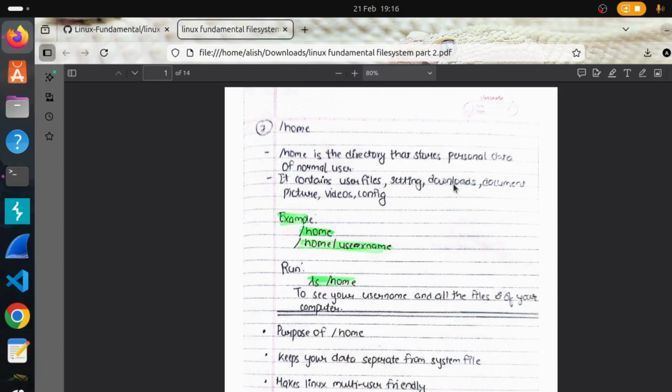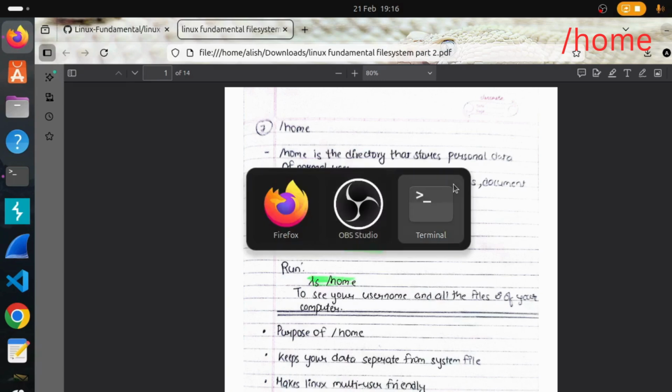Let's start with our /home directory. So /home is a directory that stores personal data of a normal user. It contains pictures, videos, files, everything of a user. Okay, so as an example of the /home directory, what we're going to do is go to our